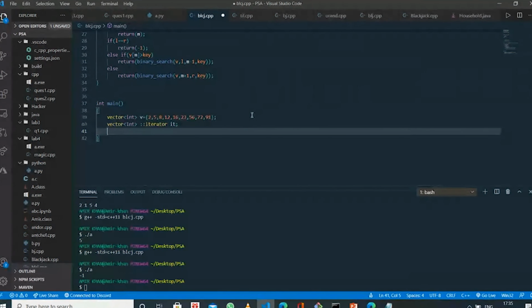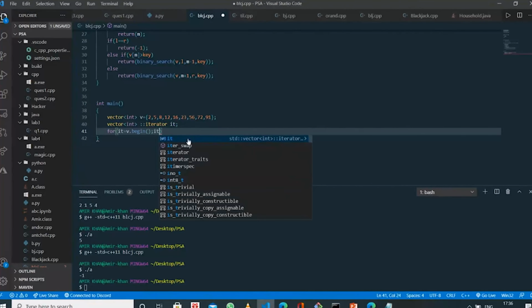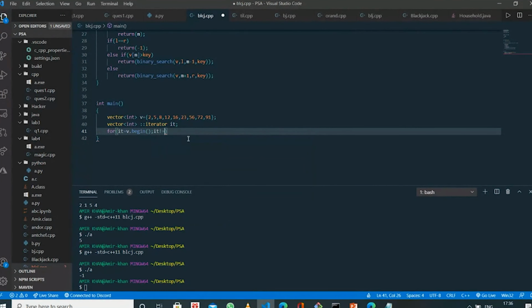So, for it equal to b.begin(). What will this do? b.begin() will return the iterator which points to the starting element of the vector. Then it not equal to b.end(), it plus plus.